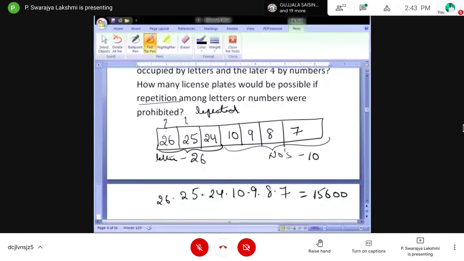15,600 correct. Let me check once: 26, 24, 10, 9, 8, 7.